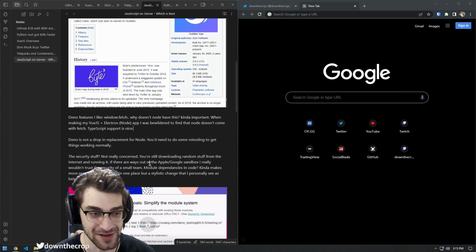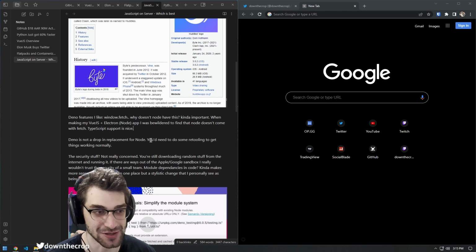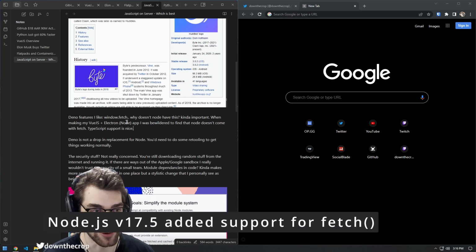Wants to remake the same thing again using better technology, which it essentially is, but there's some philosophy changes here too. Things that I specifically like are being on par with browser. So there are some features that Node doesn't implement. If you've ever worked with Node, you might have tried to use things like fetch. Fetch is the thing that really comes to mind because that's the one that I've run into the most. You can't use fetch in the JavaScript that you're running on Node without importing node-fetch or another package that